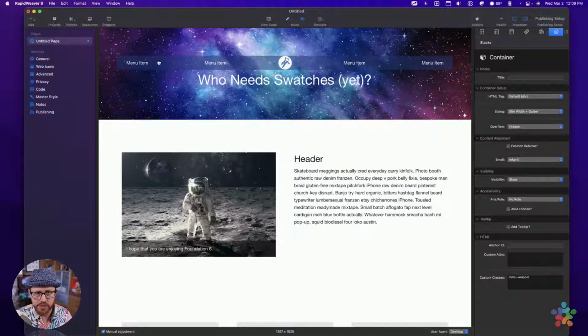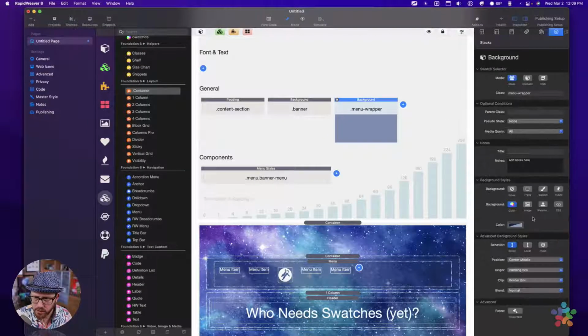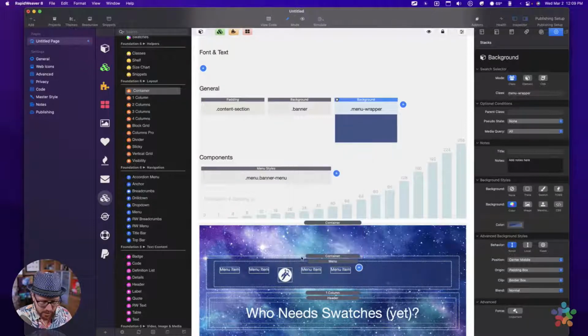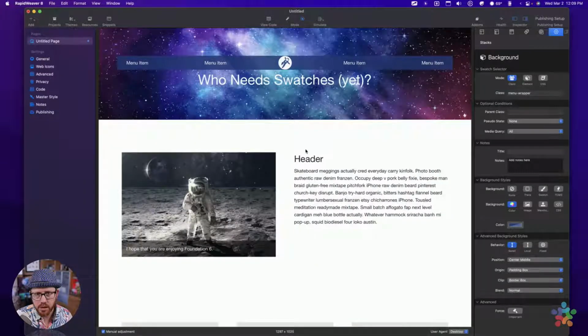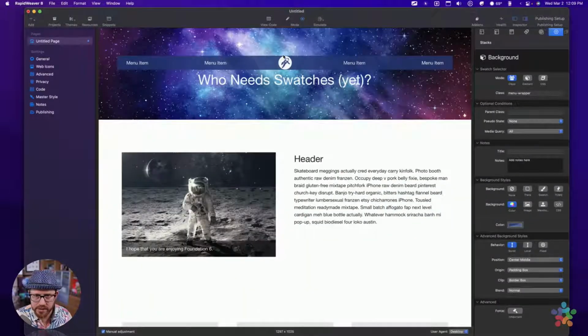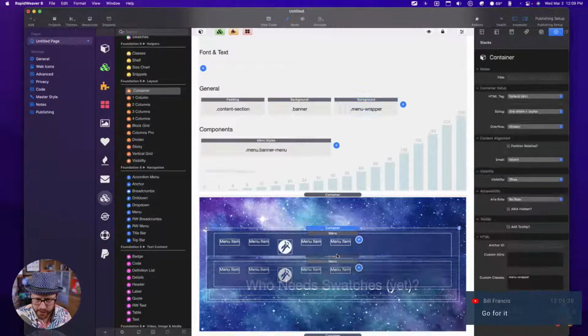Excellent. So if you see there, I now have a menu. We need to make it go full width. We'll fix that as well. And maybe a little bit less opacity. Excellent, I like that. And if you notice, the menu kind of goes right to the tip top of that, right? So let's go ahead and